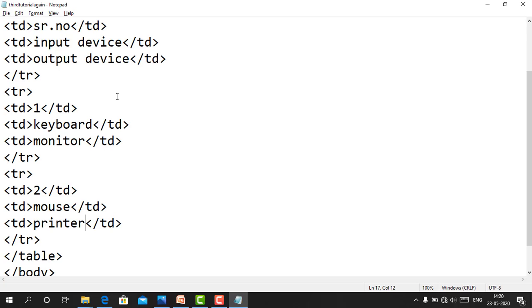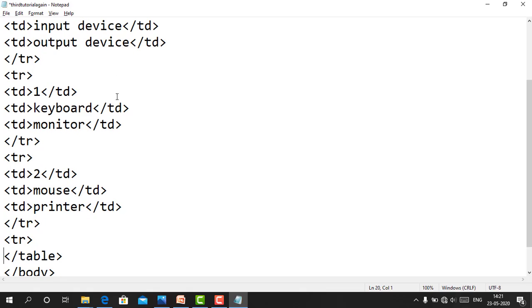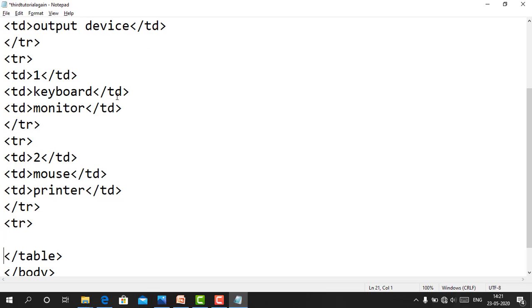Now the fourth one. Again, to create the row, we will create the tr tag, and to close it, the closing tr tag. In the tr tag, we will take td and closing td.